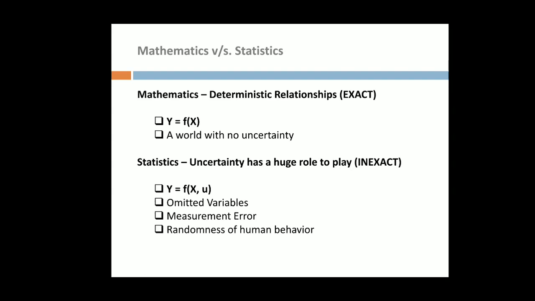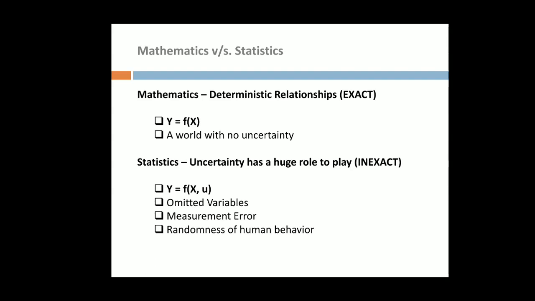in terms of whatever we would be using and seeing in the context of analytics, is that mathematics mostly deals with deterministic relationships which are of the exact form. So it's like this following function where y equal to function of x. Imagine y being sales and x denoting any factor or any variable that could influence sales. So what we are essentially trying to say from this relationship is that sales is a function of, so let's say the sales of